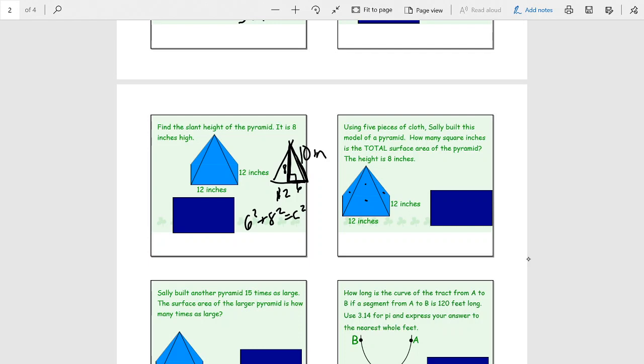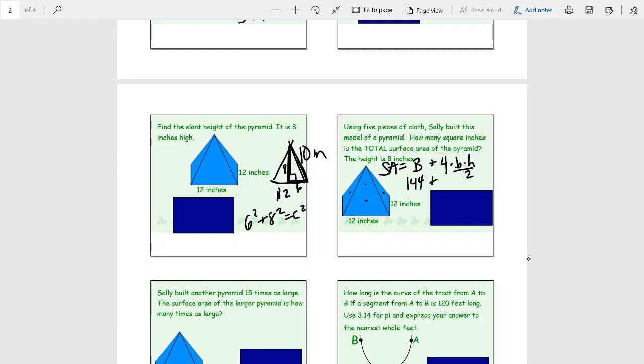So for my surface area, I'm going to say area of the base, so big B, plus, and you can do this lots of different ways. I like to think about it as 4 of those triangles, which is base times height divided by 2, but you can still do that perimeter of the base times height. It's up to you. But we say that the area of the base is 144 from that 12 times 12,